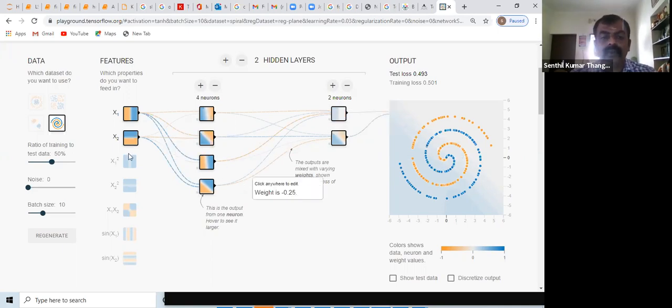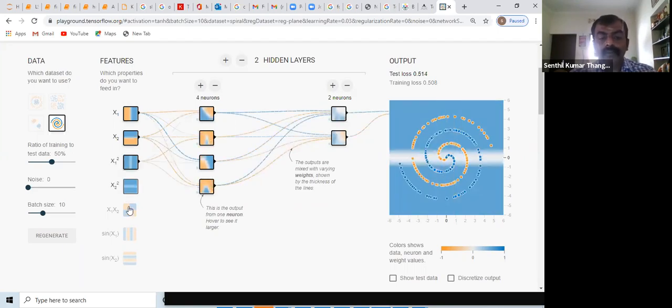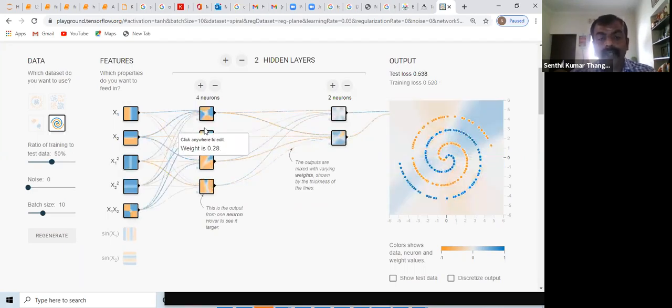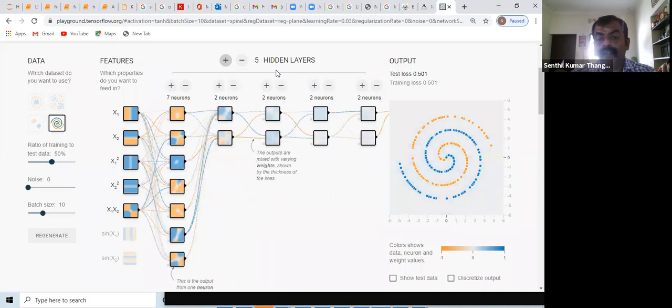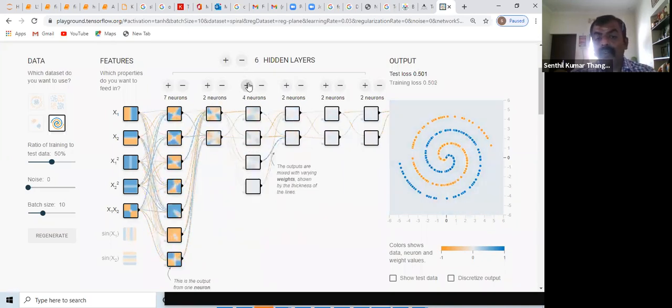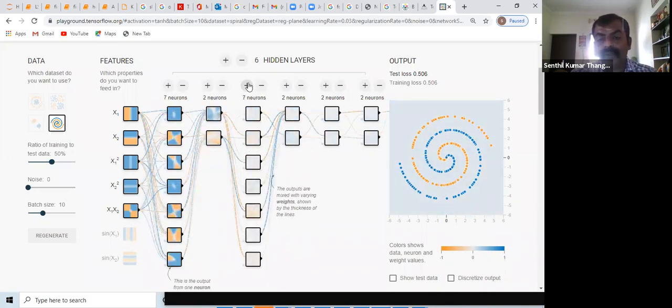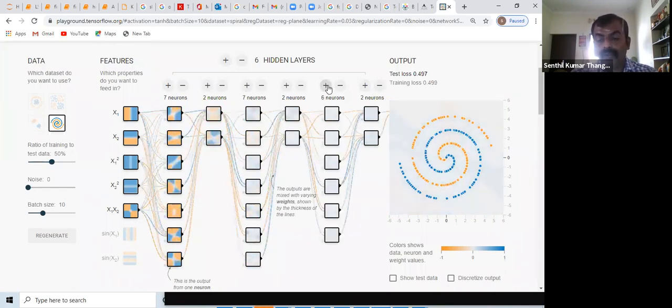I'll show you the UI here. Let's take deep learning as one point. You would say I've got some features. I have some neurons, as I told you, right? You can increase your hidden layers. For each hidden layer, you can have your own number of neurons. This is the difference of deep learning from general neural networks. At every hidden layer, you can have your own number of neurons.